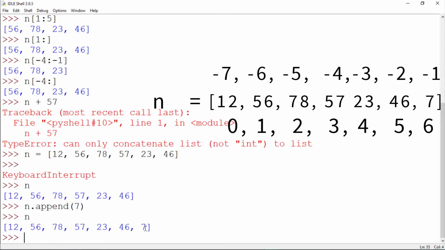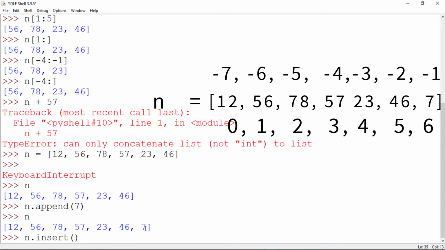Okay, so we are done with append, and now let's go with insert. What does insert mean here in Python? It is the same case as append, where we added 7 and it printed at last. Insert has the same behavior but an additional feature: we can add at a particular place in the list. Let's suppose I want 68 to be added in the list. I will give round brackets again and then write the position where I have to add. We only have to type the index value at the destination where we want to add.